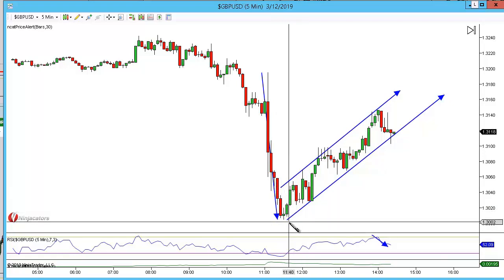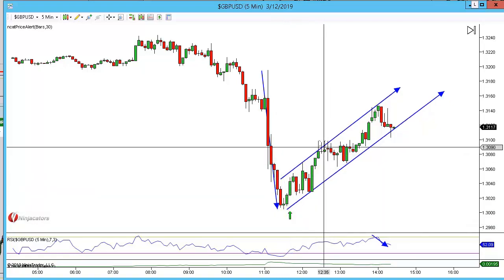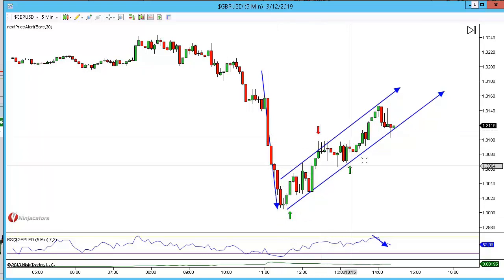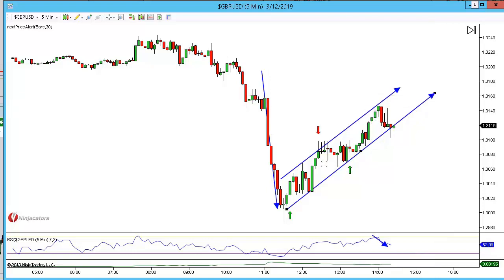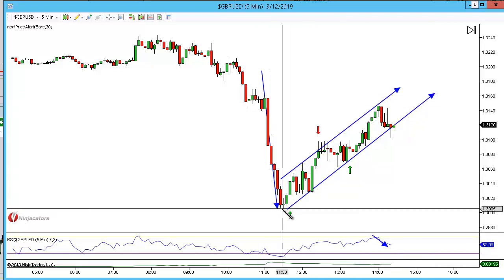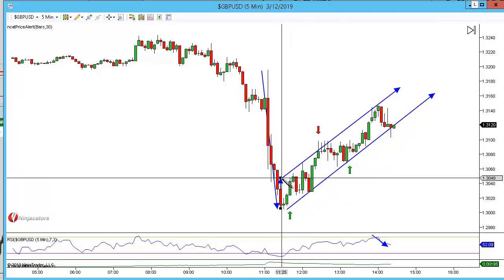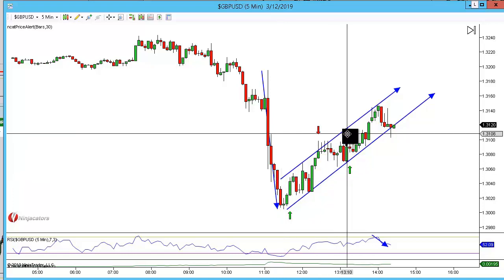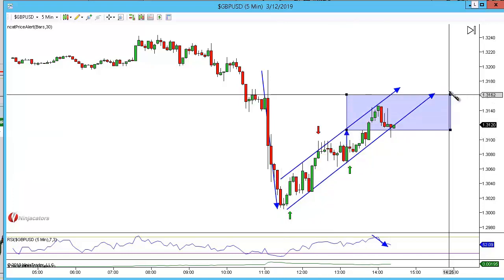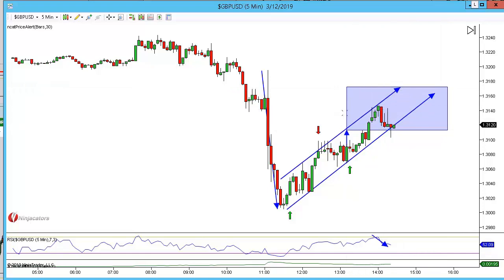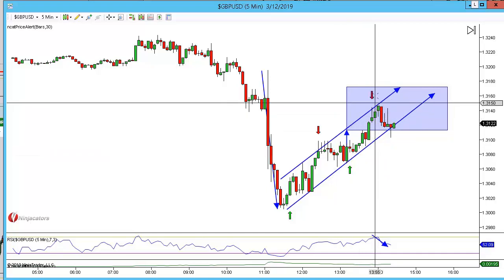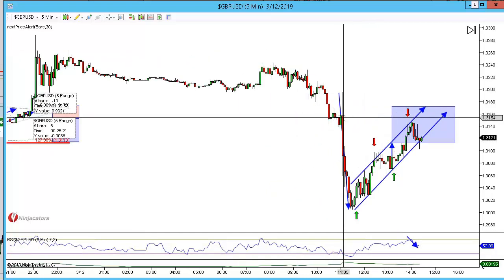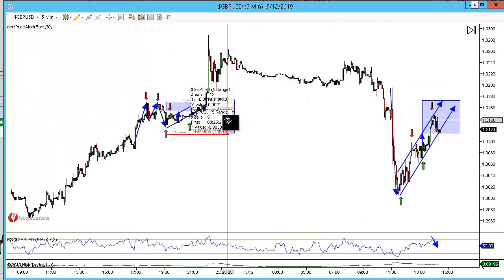Okay, and we were looking for 4 touches. For me, that's 1, 2, this will be 3. And then we would be looking for the 4th touch anywhere from this zone and higher. And what's actually happened then is we were moving sideways before we made our 4th touch just here. And if we then look,